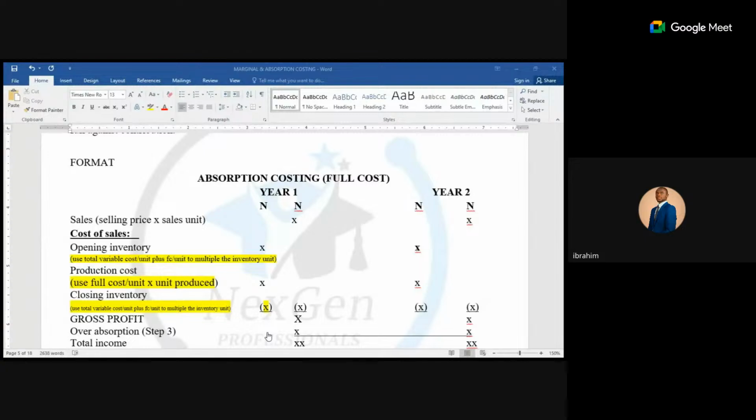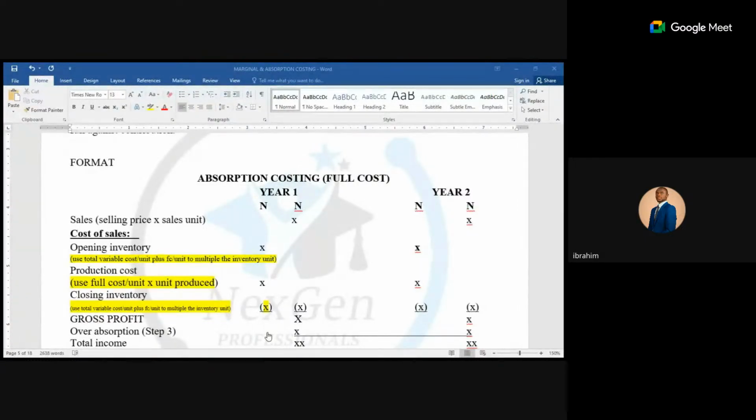So it is still the process. There are some changes there, right? You know, we did absorption costing from scratch. Now, absorption costing, marginal costing from scratch. Now, absorption costing, we should not forget that absorption costing is a traditional or conventional costing approach. When you hear conventional or traditional, something should come to your mind. What should come to your mind? Absorption costing.